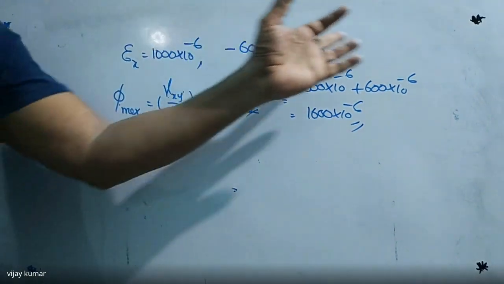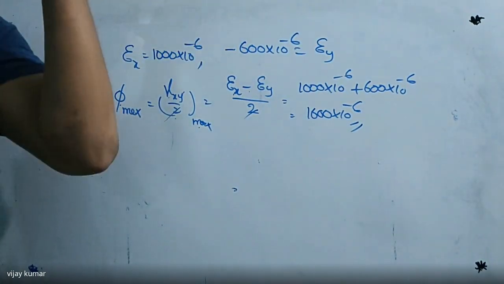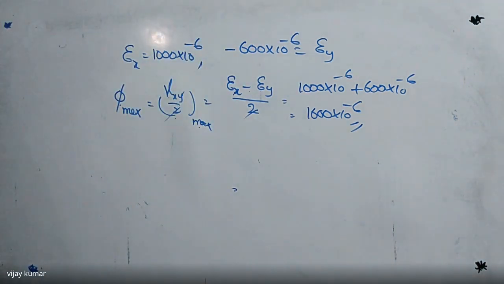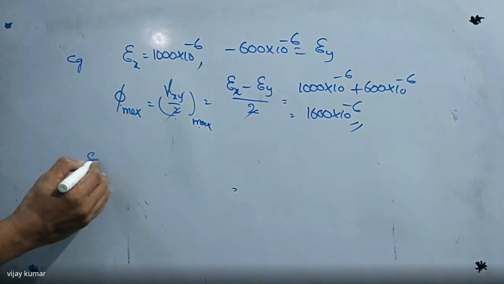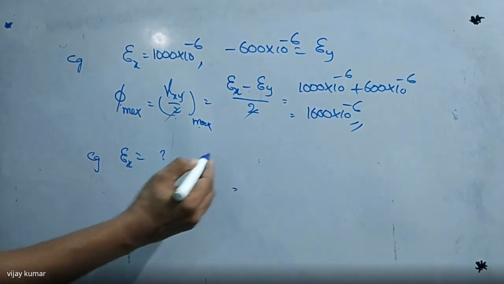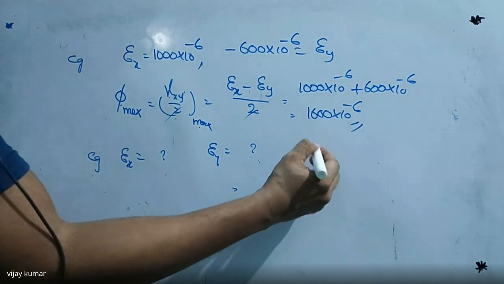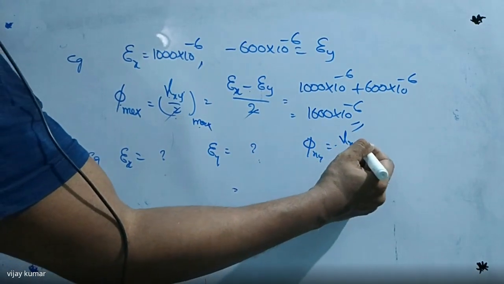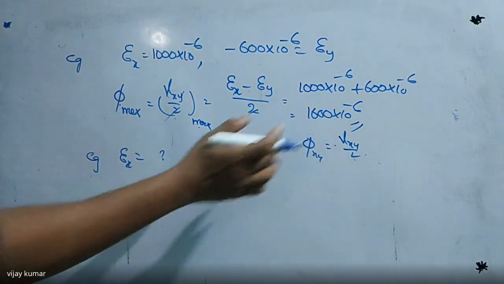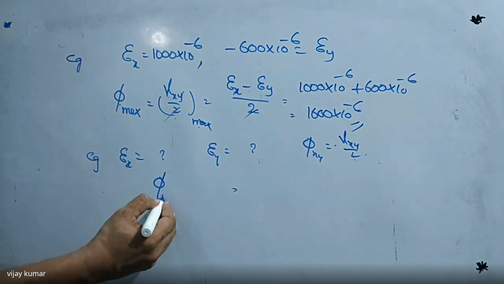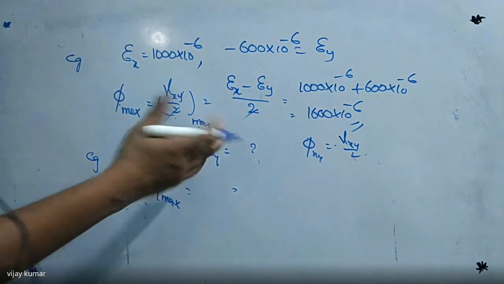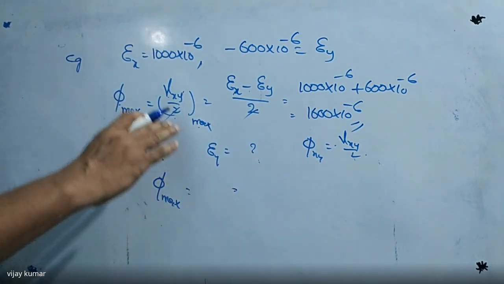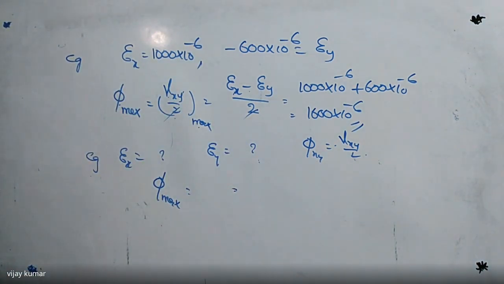This is biaxial. If phi xy is given, that belongs to biaxial and shear. In such cases, we know what formulas are required to calculate the maximum shear stress. For example, when epsilon x is given to you and epsilon y is given to you and phi xy is given to you, this is also equal to gamma xy by 2. If these three values are given and they ask to find the maximum shear stress, we can draw the Mohr circle diagram as same as principal stresses.